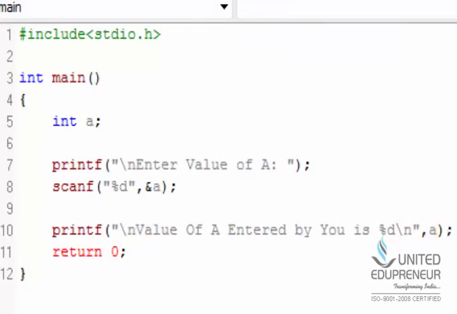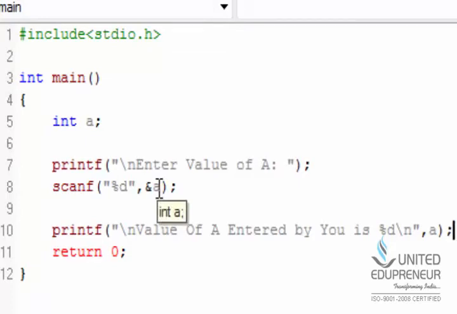So this is how we can accept input from the user and display output to the user. In between these two statements, we can utilize this variable by performing various operations on it, or utilizing this input in our complex programs.